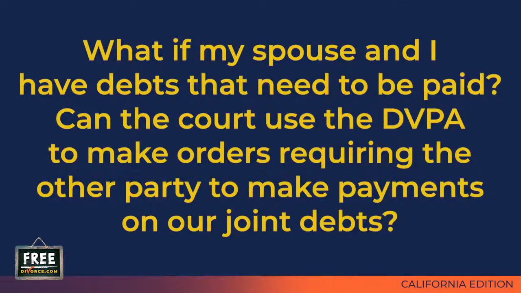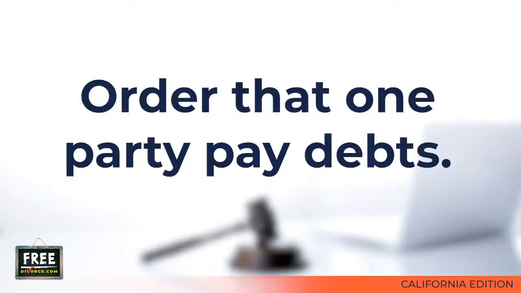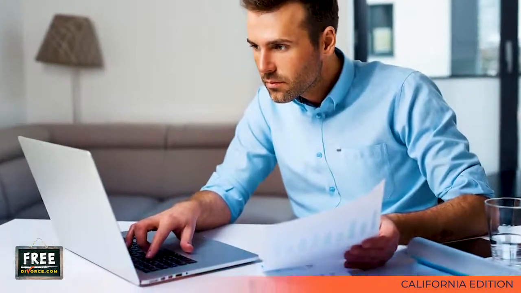What if my spouse and I have debts that need to be paid? Can the court use the DVPA to make orders requiring the other party to make payments on our joint debts? Yes, the court can order the other party to make monthly payments on various debts until the final disposition of those debts can be determined by the court. For example, you may want the court to order the other party to pay the mortgage payment, car payments, and/or